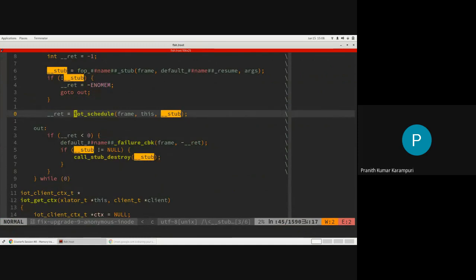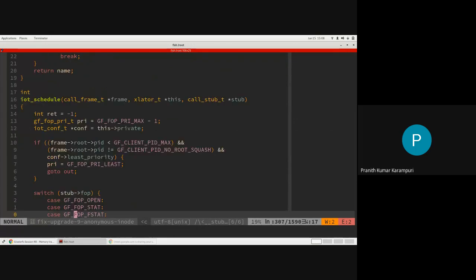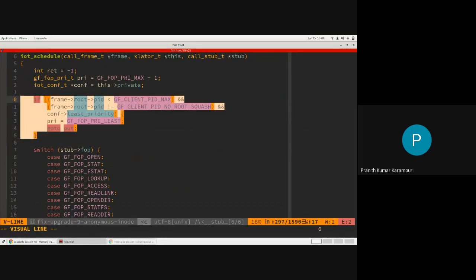So all the FOPs are calling this IOT FOP macro, and that macro calls IOT schedule. And we have hard coded what FOP is what priority. So if it is an internal process like georep or self-heal daemon or rebalance, its PID will be negative.